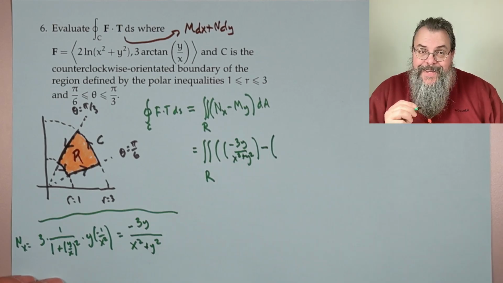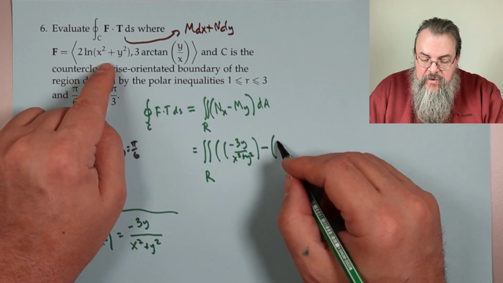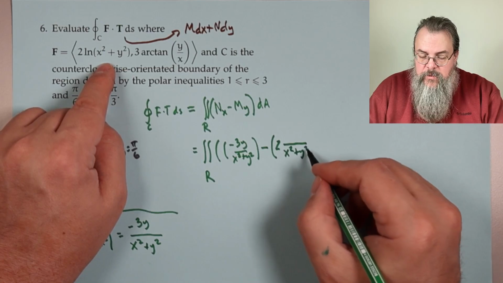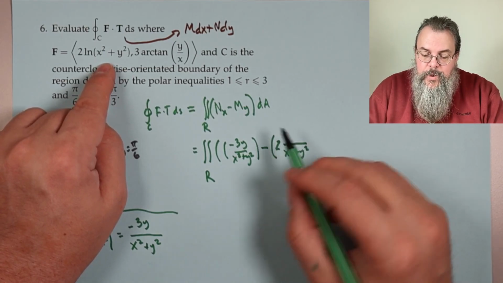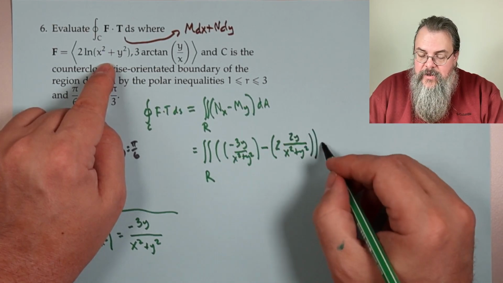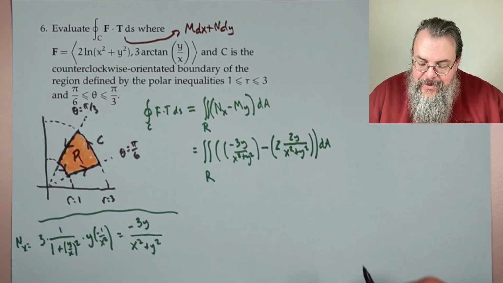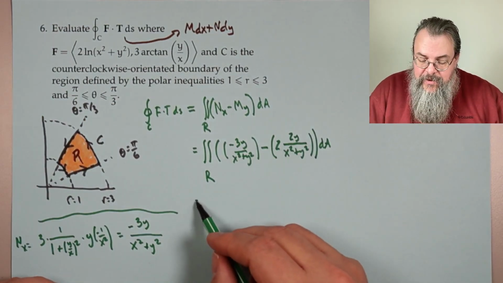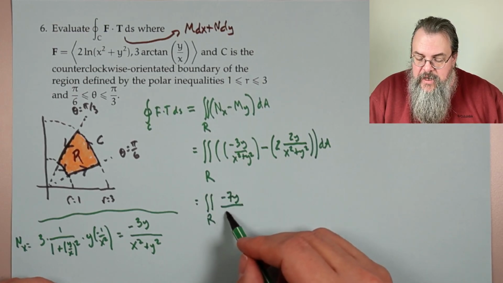Subtract M sub y. Now this one we can probably do in one step. So it's a log. Downstairs, you write the function, x squared plus y squared. Upstairs, the derivative of the function. Derivative of x squared plus y squared with respect to y is 2y. All right, dA. Good. Now, hey, we can combine. Minus 3y minus 4y. Okay, so this becomes the integral over our region of minus 7y over x squared plus